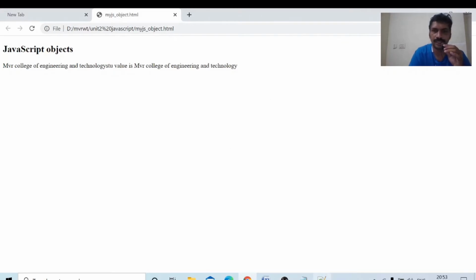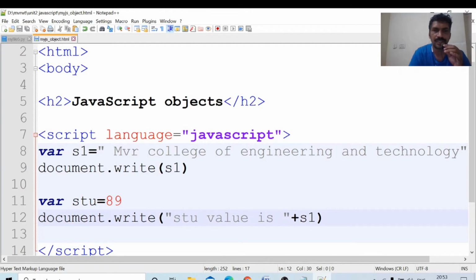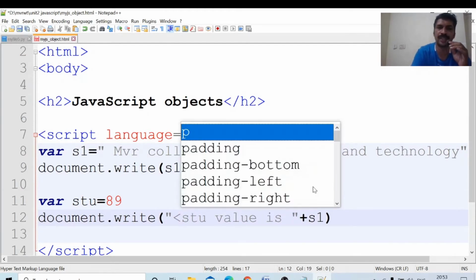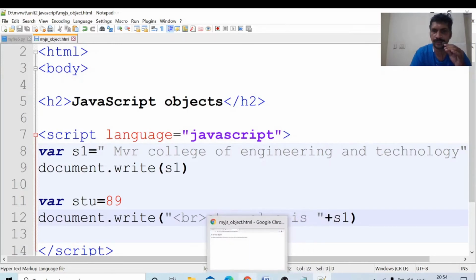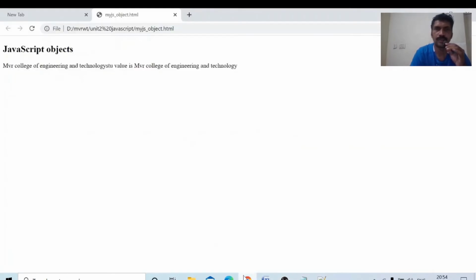STU value is MBR College of Engineering and Technology. Is it correct or not? I will write break here also; the br tag means it will come on the next line. Pre is not required. Control S, saved.